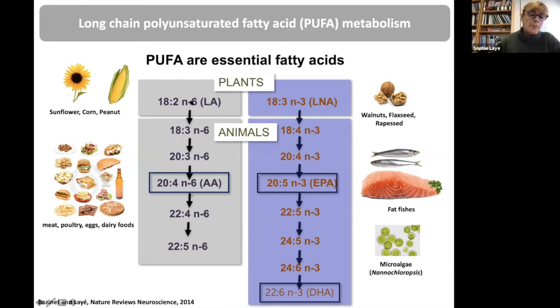The forms coming from plants, linoleic acid and alpha-linolenic acid for omega-3, come from distinct sources. We eat a lot of oils coming from sunflower, corn, and peanut, and less oil coming from walnuts, flaxseed, and rapeseed,